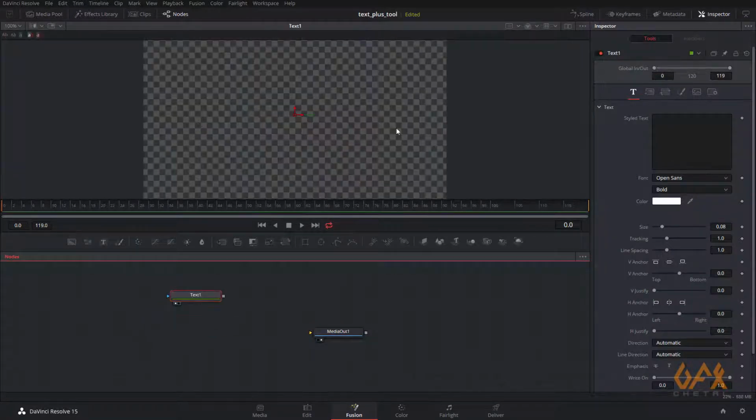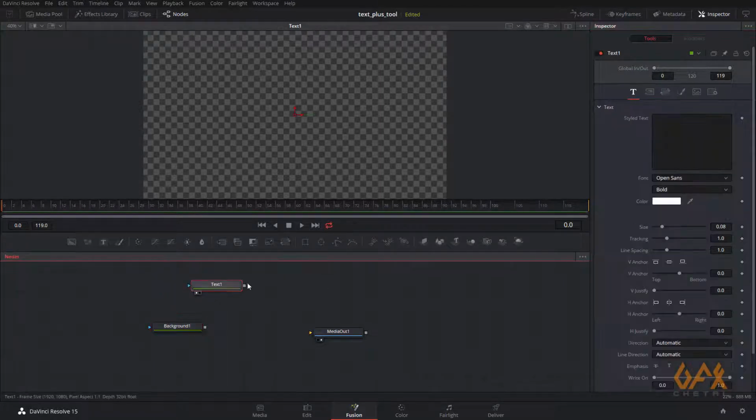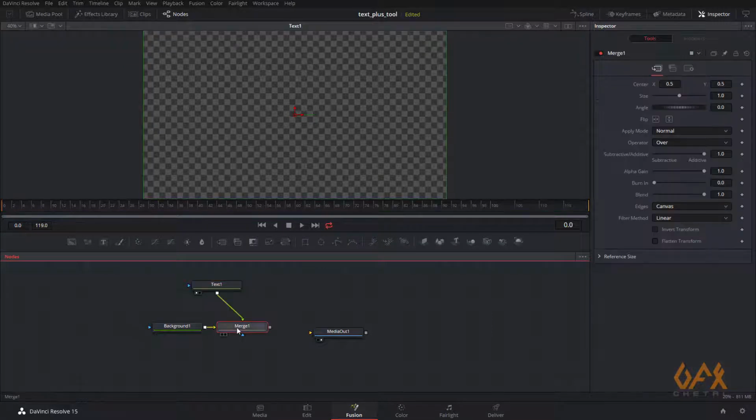I just drag the tool over here to view the outcome of this particular tool. To support this Text Plus tool, I create one background tool. I just set a gray color, and now this is my foreground, this is my background, and I create a merge node.